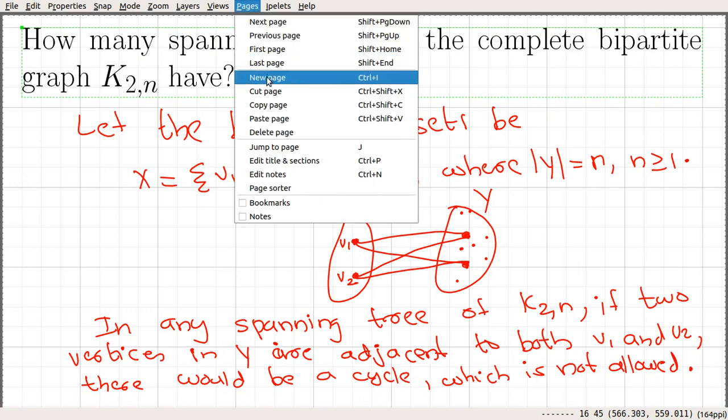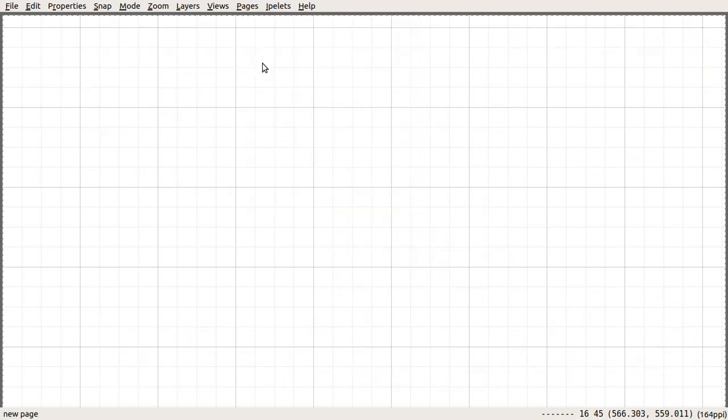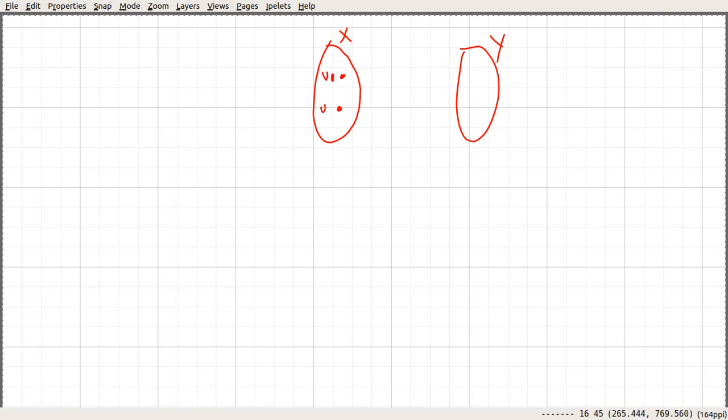Okay, so let's see another case. Again, suppose the situation is something like this. We have X and Y, and X contains these two vertices v1 and v2.